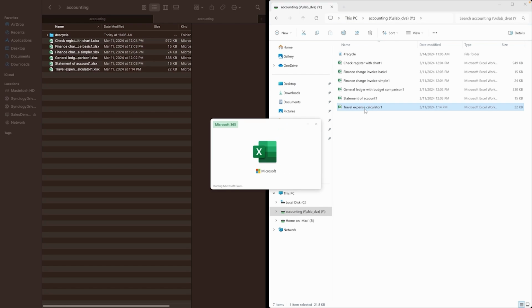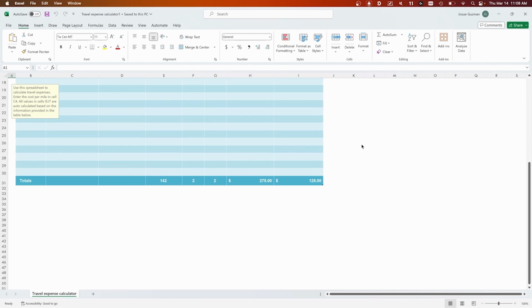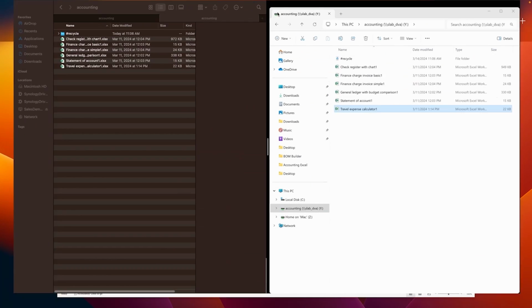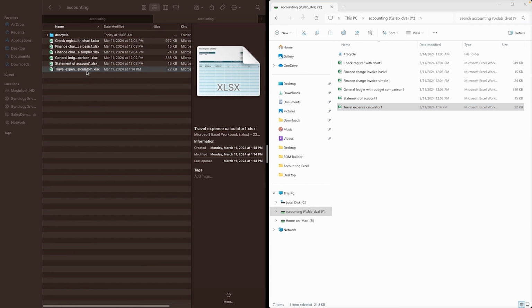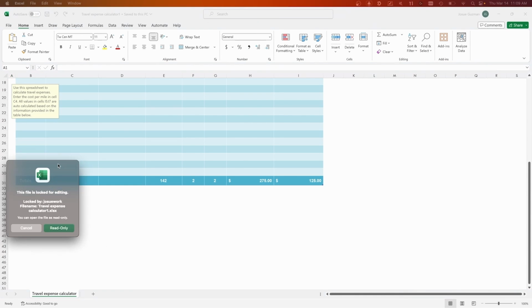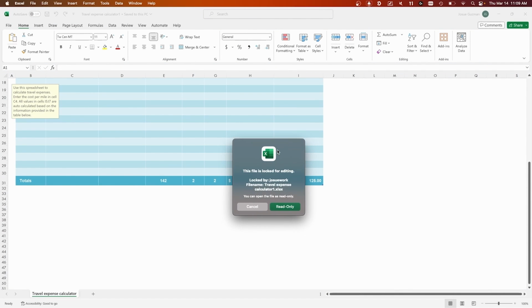Give it a few seconds to open up here on the Windows side, and it's open. Now let's jump here to the File Explorer, and let's actually try to open this file on the Mac OS side. So we'll go ahead and open this file, give it a second, and you'll notice that this file is now locked for editing. This is exactly the behavior we wanted. Global file locking allows us to lock files across multiple NAS units and across multiple platforms.